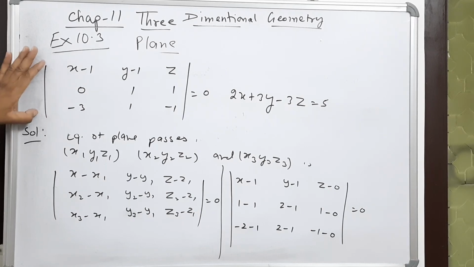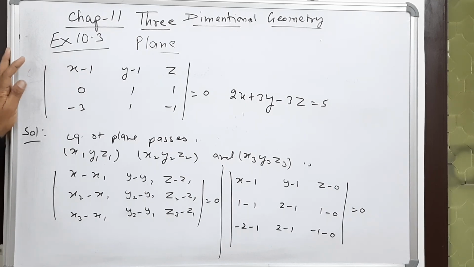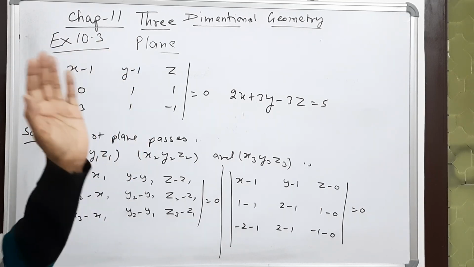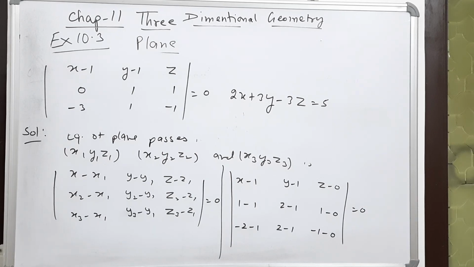And if this plane does not exist, then we say that these 3 points are collinear. So we can find the equation of the plane only when these 3 points are non-collinear. If they are collinear, there will be an infinite number of planes. So these are the 3 forms of the plane. One is when the normal and the distance are given. Second, when a point and normal are given. And third, when 3 points are given.